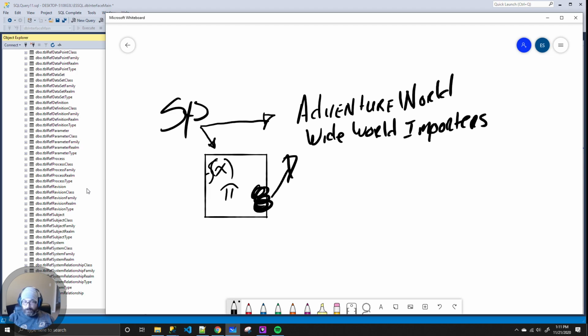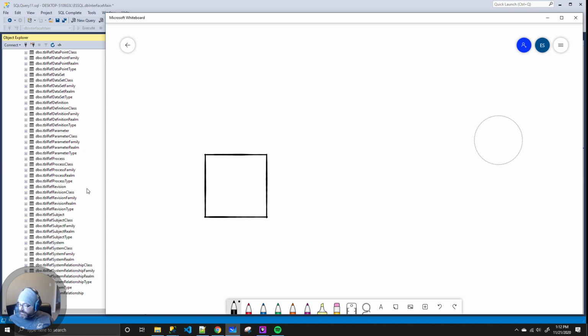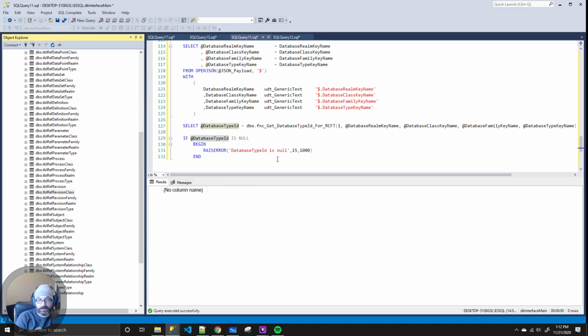So this data management system stores multiple systems. Real exhibit meme right here. So a database belongs to a particular system. And we need to know what system that is. So instead of